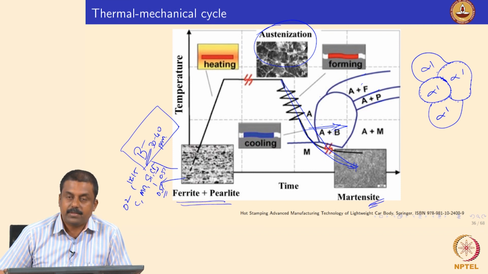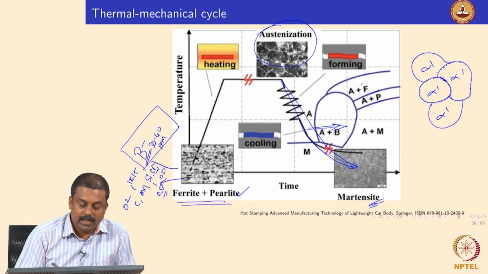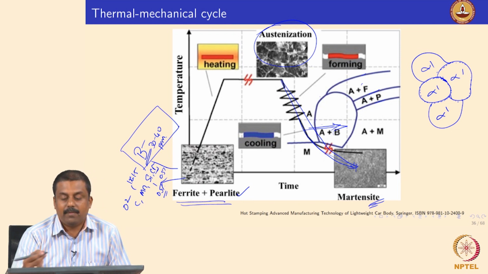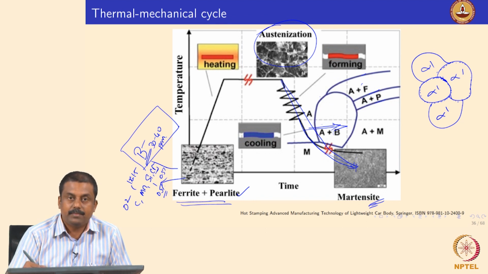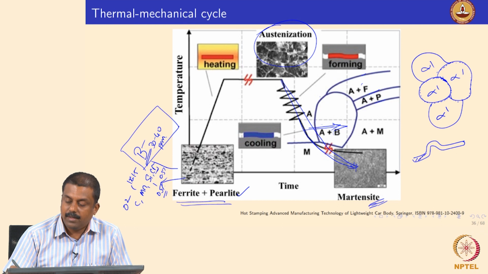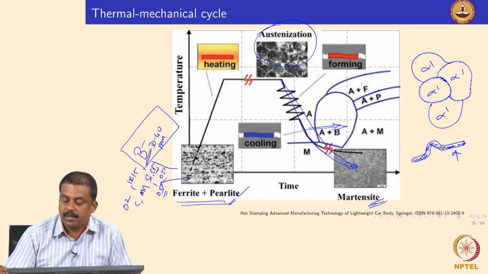Thereby the austenite can be transformed to a fully martensitic microstructure. So we start with a simple ferritic-bainitic, conventional microstructure, for example in a mild steel, and take it to austenitization, deform it and form it whatever way you want, and then cool it to room temperature. You get a component, for example a deep drawn cup, with a complete martensitic microstructure. So you start with a reasonably soft material and end up with a fully martensitic microstructure with a strength level of say 1400 to 1500 megapascal.